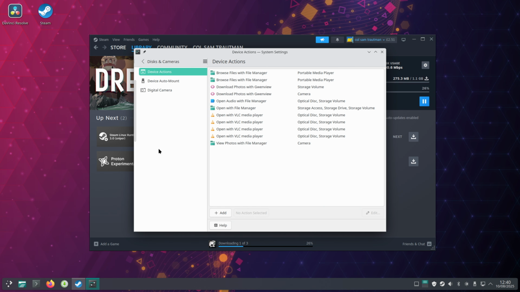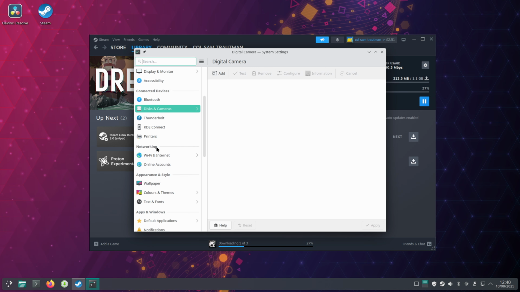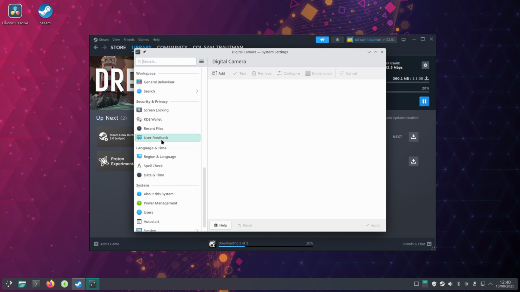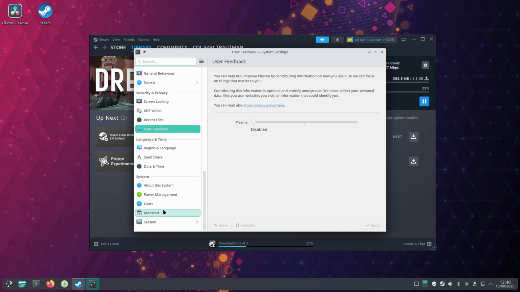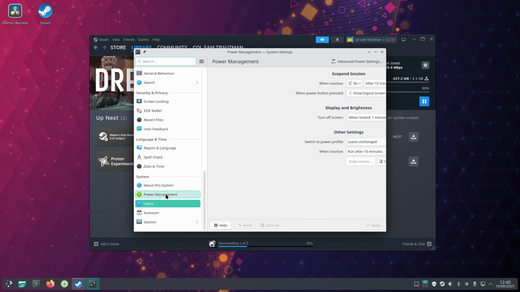Whilst we're waiting, anything we missed? Devices, digital cameras. Very comprehensive, this one. Quite shocked, actually, how good this is. Not in a bad way, but this is really well put together. Really well put together. And Linux Arch is super quick. Okay, so yeah, that's your starter programs. Okay, cool. Power management,